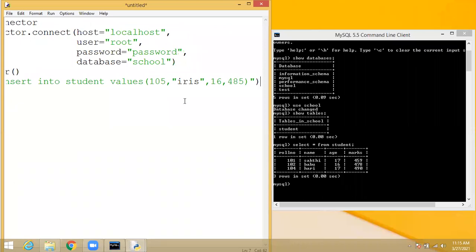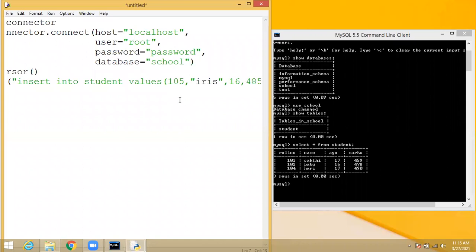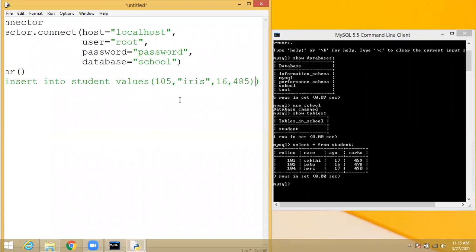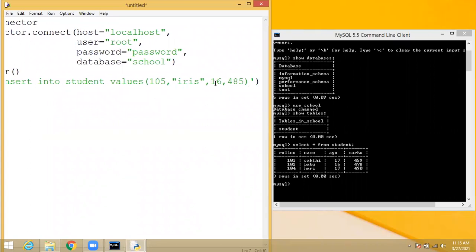Students, everyone understood the command or not? Yes, sir. Okay, so given a single quotation here, inside this string value only in double quotation. So they execute the query in the single quotation.